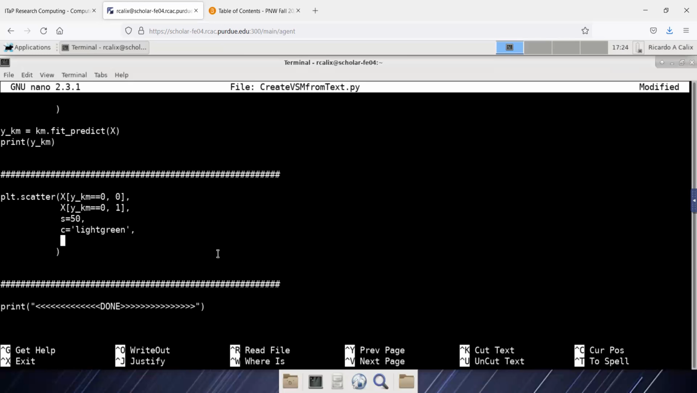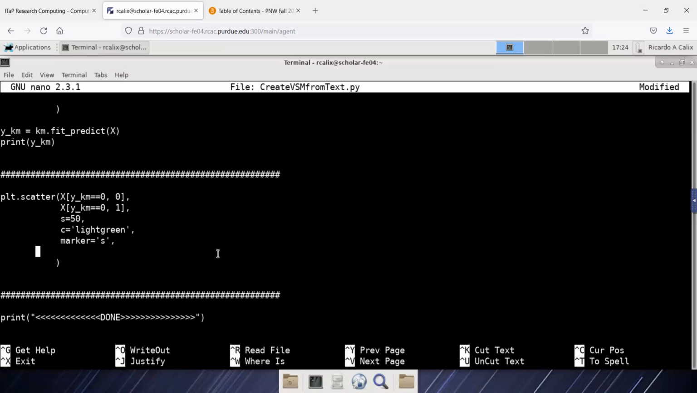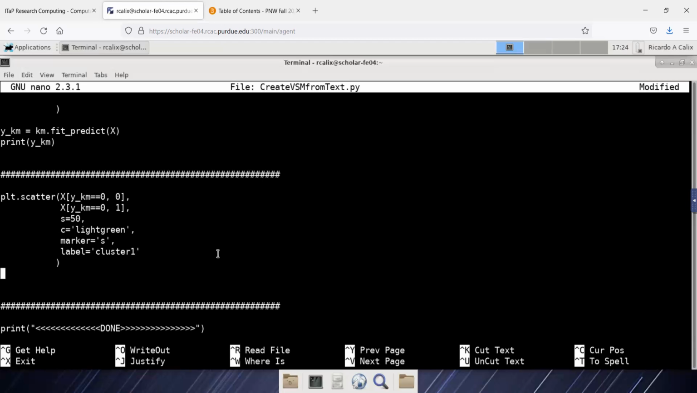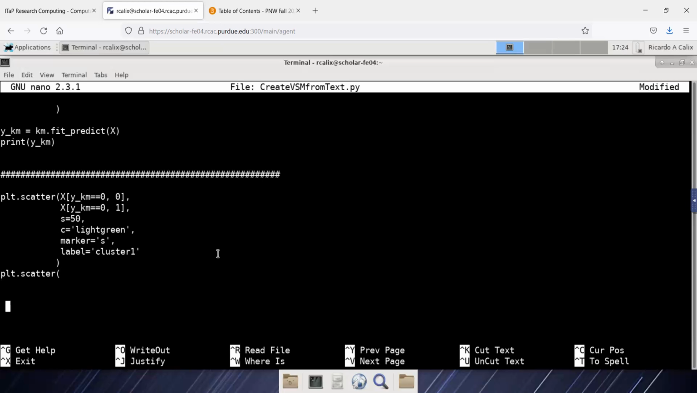Another marker. So I think this is the star marker. We'll see. And then we're going to provide a label for this one. Label equal cluster 1. Okay. We're going to repeat the exercise, but for the second class that was determined by K-means. So this one's going to be